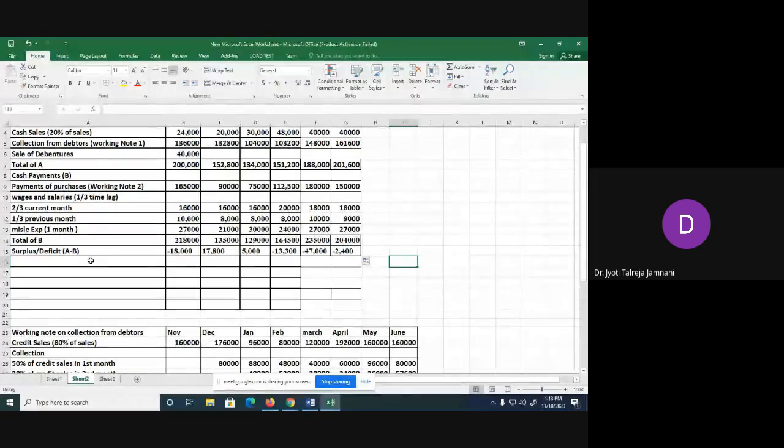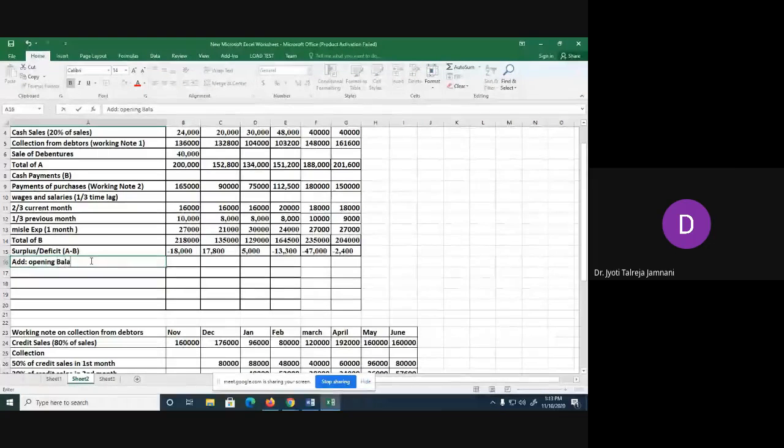Now what we do, add opening balance. We'll get closing balance, but we'll call it indicating closing balance because there is a minimum balance which they want. So it may not be minimum as required. So this is indicating. If we fall short of minimum closing balance, what do we do? We need to borrow. So when we borrow, we add that money. So add borrowings. They have told you you are able to borrow at an interest rate of 12%. So once you borrow, you should start paying interest. When you pay interest, it is payment, money is going out. So I will write less interest